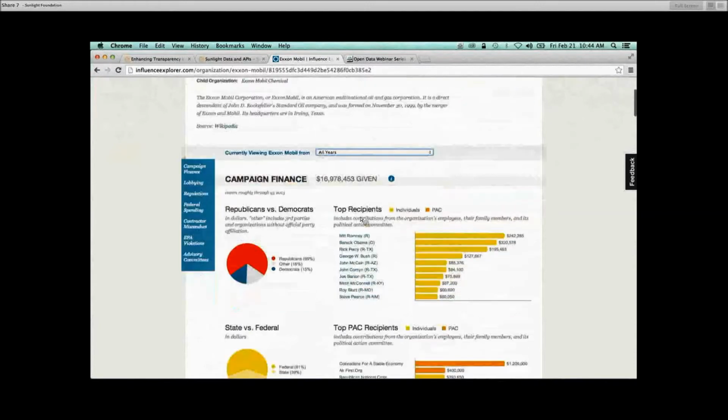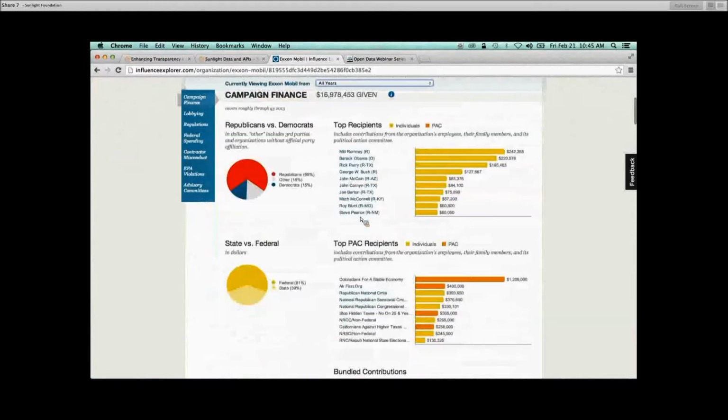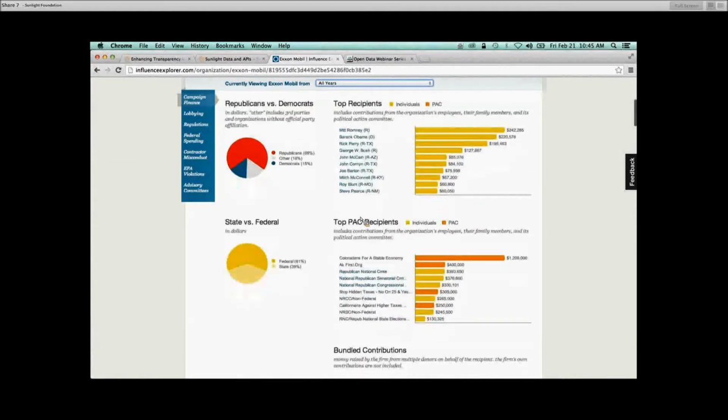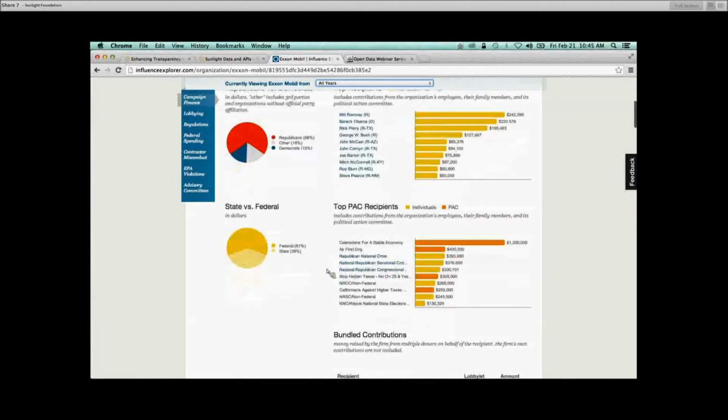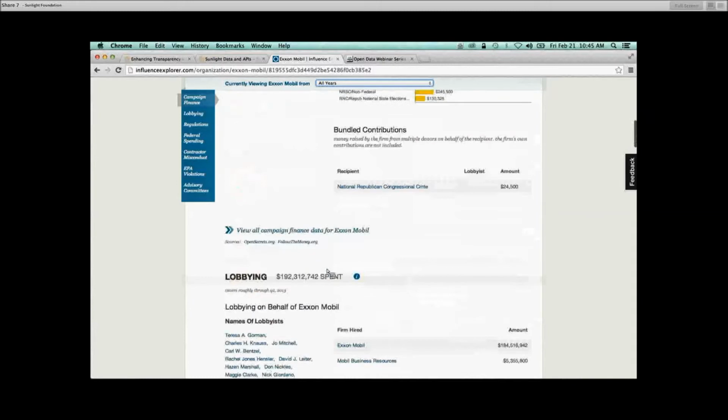And you can see the employees of the company, who they support, and their top recipients, as well as the top PAC recipients, state versus federal. And we also have lobbying information as well,